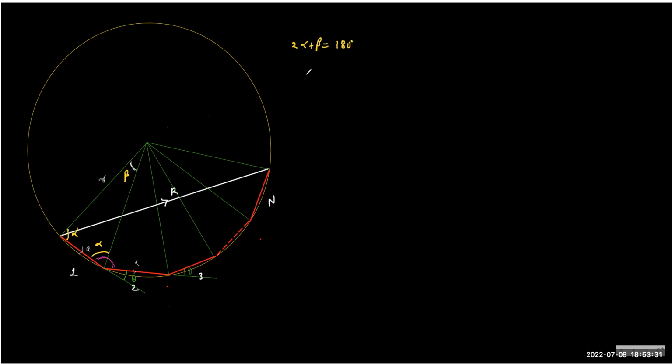Alpha we know is how much? Basically, if this is alpha, this is also alpha. So 2 alpha we know is how much? Pi minus theta. So if we replace, we can say pi minus theta plus beta is pi. Oh, that's a nice way of writing. Basically, beta is theta,